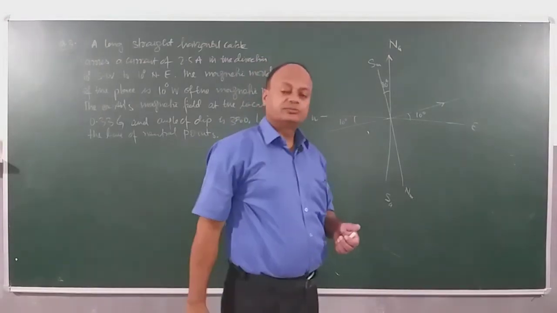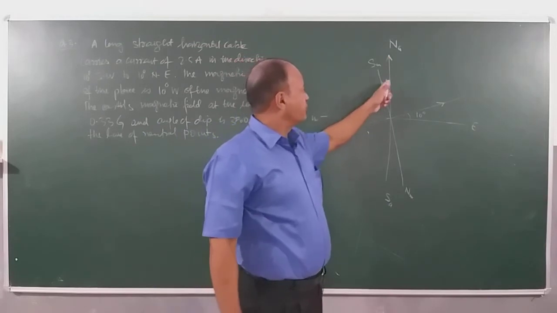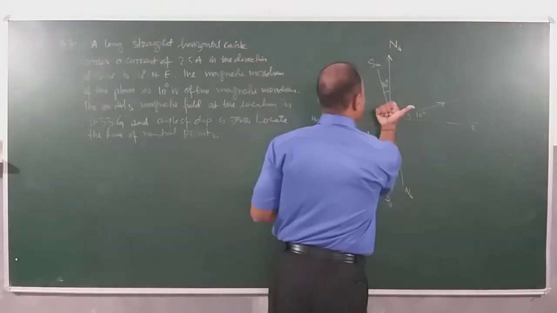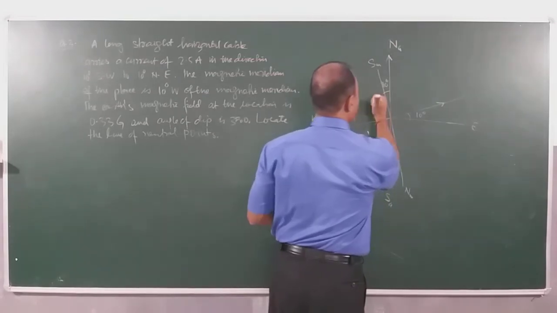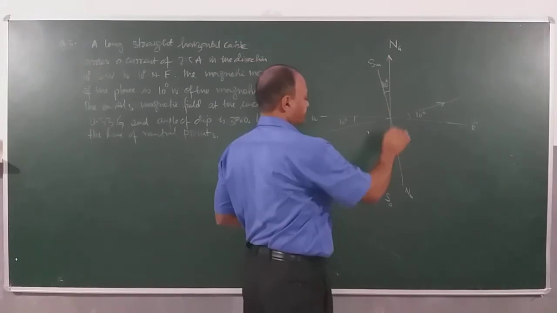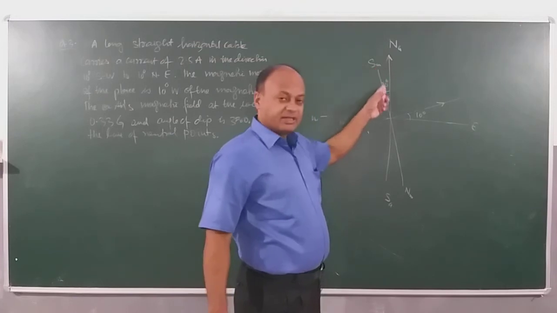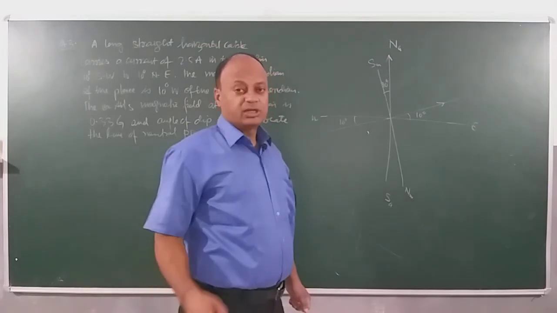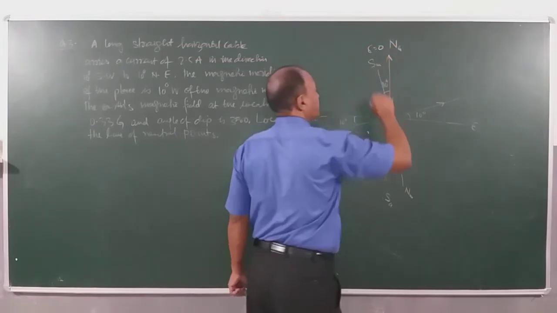Now if I ask you, because we know the south pole of Earth's magnetic field points towards geographic north. If I am using the right hand rule, then this is how the current is coming, this is how the field is coming up, right? The field is directed like this, outward. Now this field is going to be opposite to Earth's magnetic field at this place. Clear? They are saying dip is 0. We know also at the equator delta is 0.